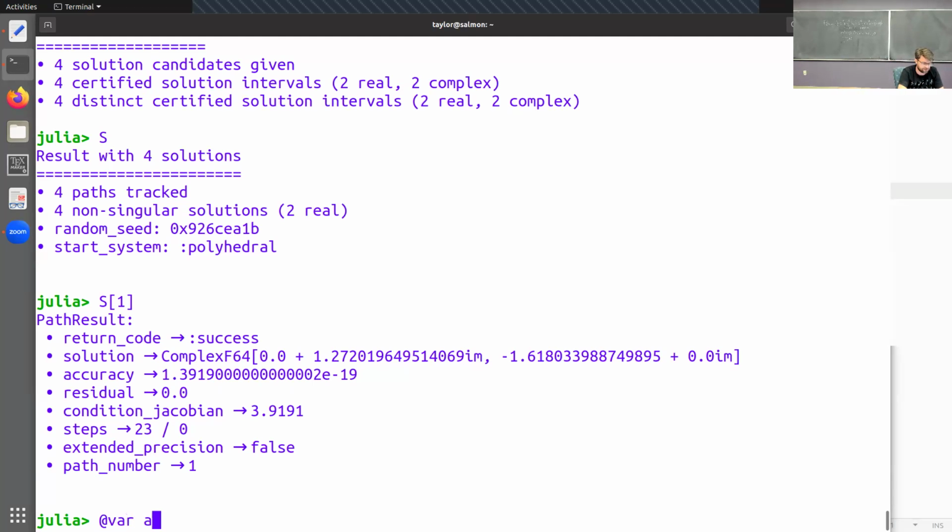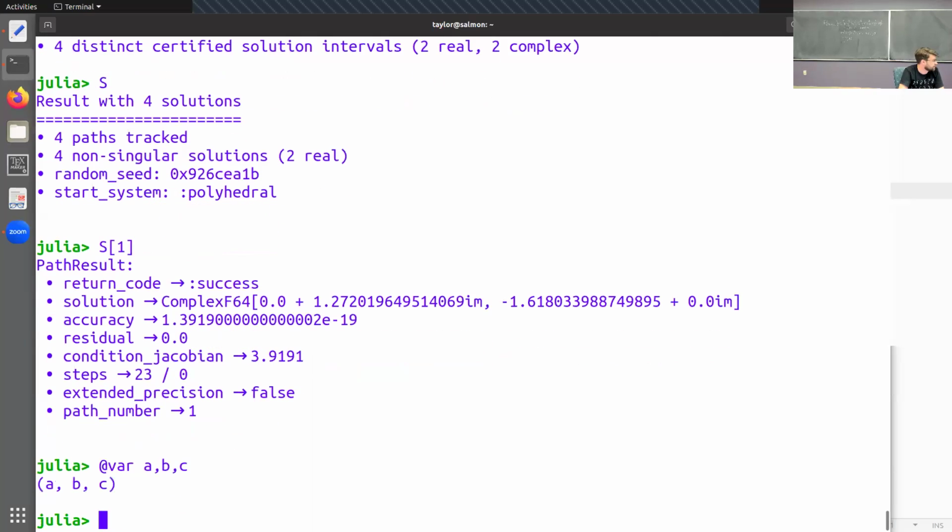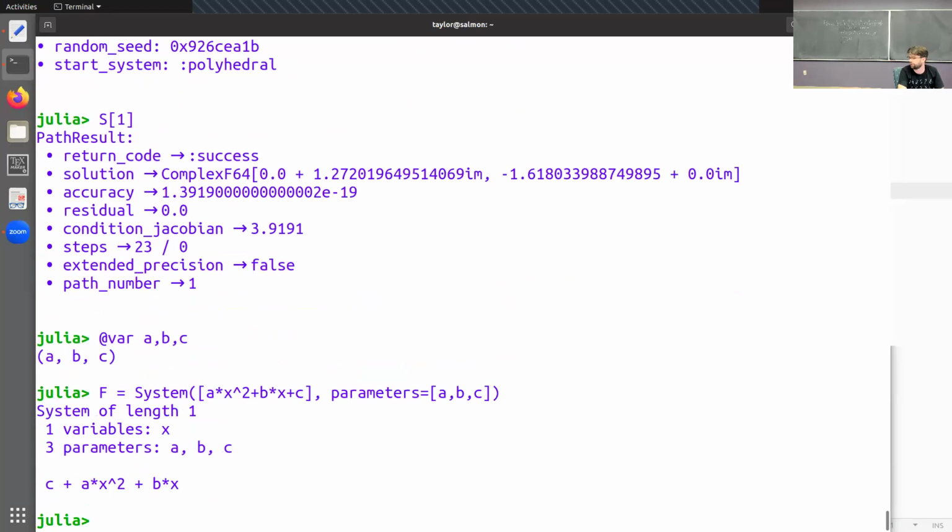So that's just a teaser, I guess. I want to show you one more way you're going to use Julia and homotopy continuation a lot in this course, and that's for parameterized polynomial systems. This is everybody's favorite one. But now that we have 2 different types of variables, we're going to have to tell it what the parameters are. It will happily infer what the variables are from that information. But if you want to be extra careful,